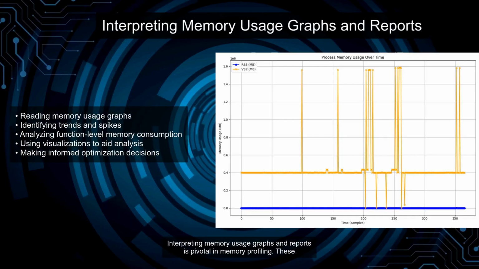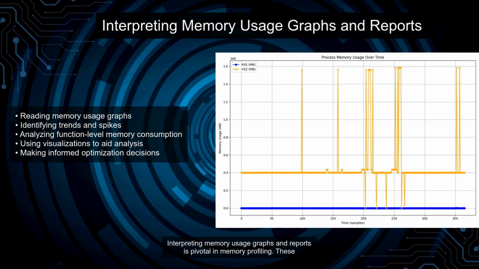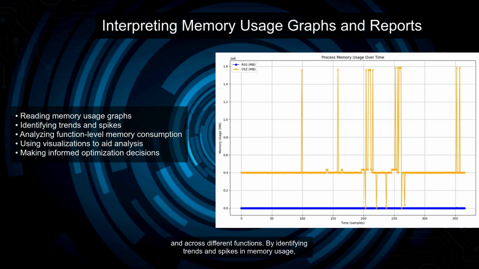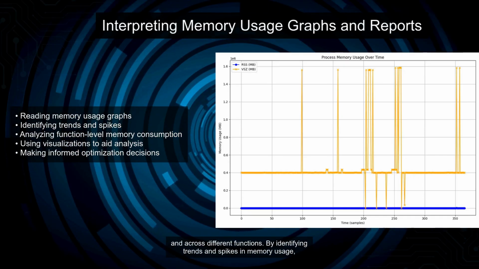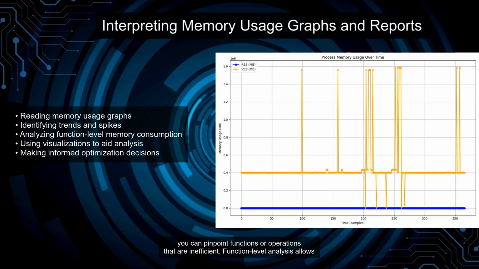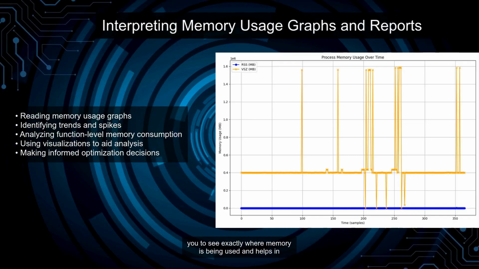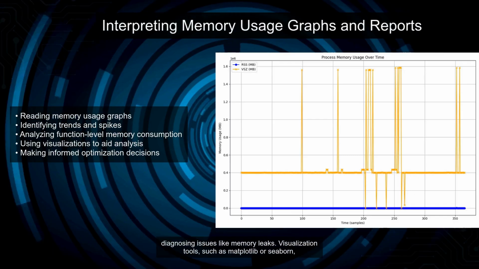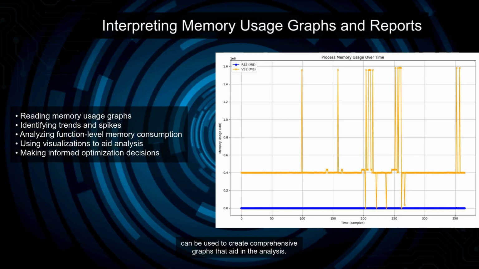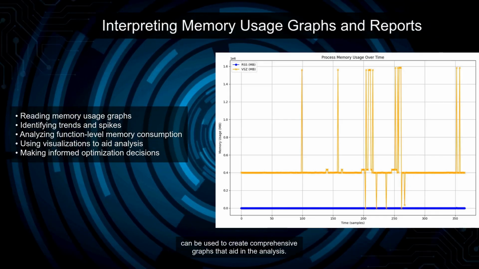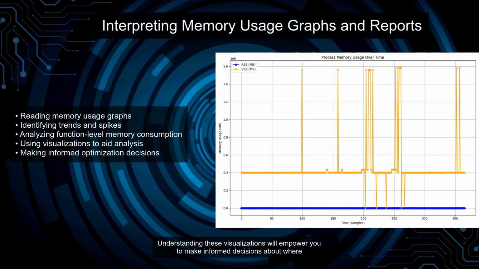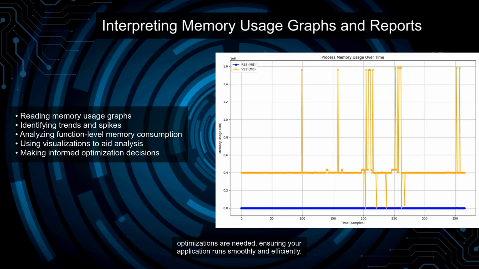Interpreting memory usage graphs and reports is pivotal in memory profiling. These graphs provide a visual representation of how memory is consumed over time and across different functions. By identifying trends and spikes in memory usage, you can pinpoint functions or operations that are inefficient. Function-level analysis allows you to see exactly where memory is being used and helps in diagnosing issues like memory leaks. Visualization tools, such as matplotlib or Seaborn, can be used to create comprehensive graphs that aid in the analysis. Understanding these visualizations will empower you to make informed decisions about where optimizations are needed, ensuring your application runs smoothly